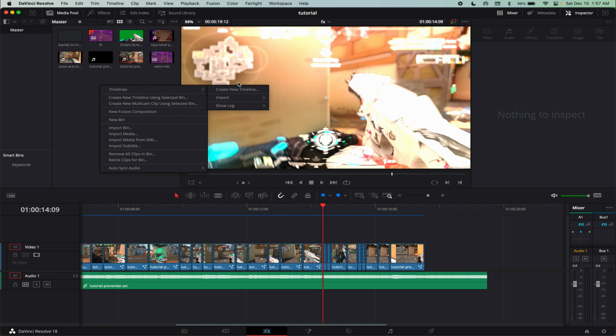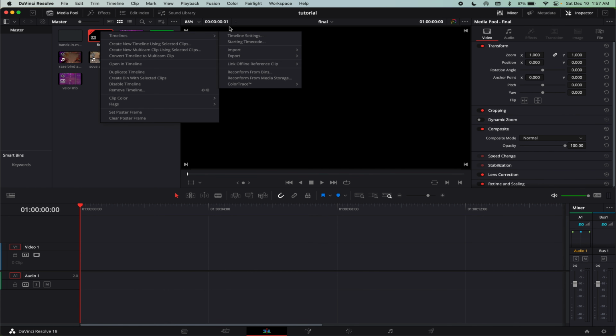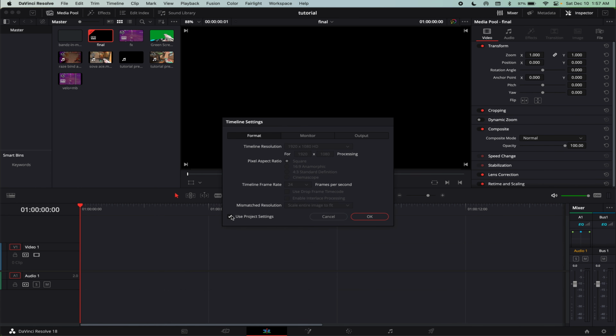and then you're gonna create one more timeline. So timelines, create timeline, and I'm just gonna call this final. And when you go in timeline settings, you're gonna want to make this into a 4K timeline. And the reason we're rendering in 4K is because YouTube has two compression algorithms, and by default it'll give you the bad one, but if you upload a 4K video, it automatically switches to the good compression algorithm,